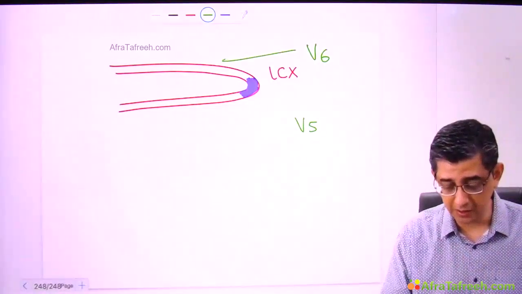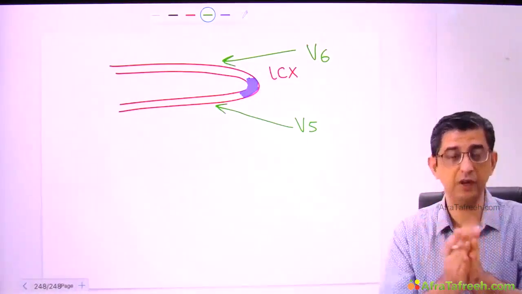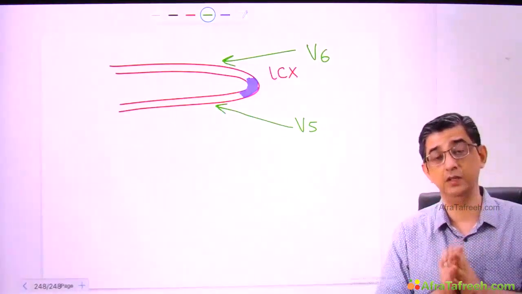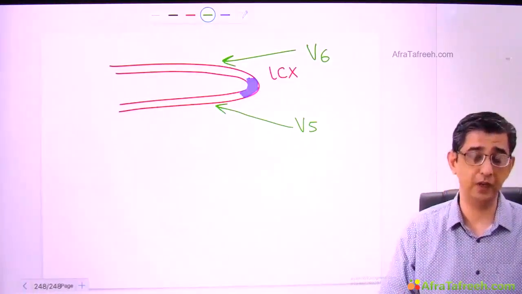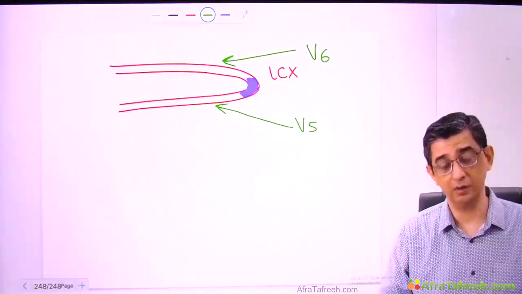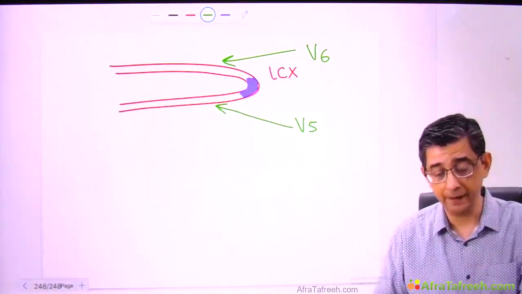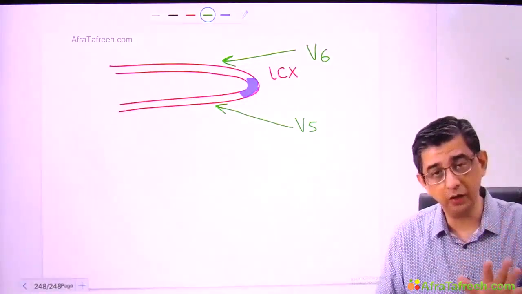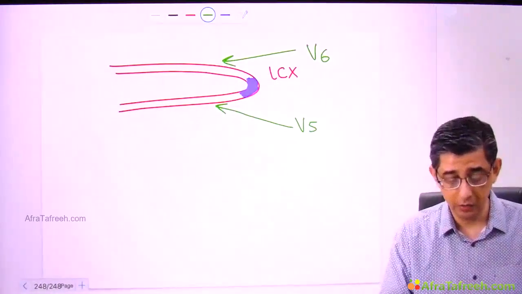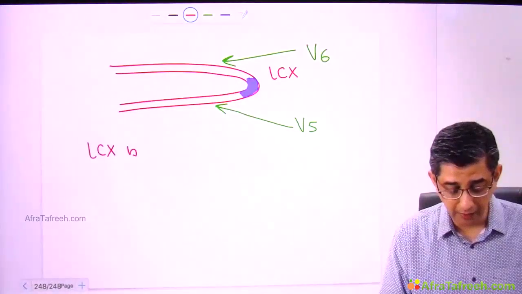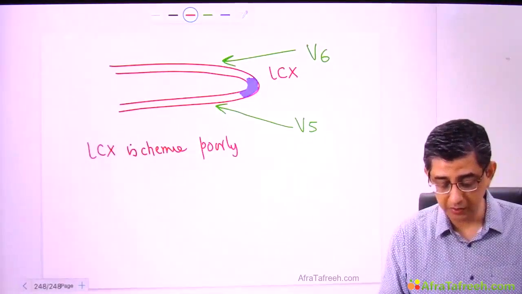I mean, V5, V6 can scan the entire coronary artery. The LCX circumference can be scanned, but this area which I've highlighted, where the artery is taking a curvature, this part may not be actually evaluated by V5, V6, and therefore, in spite of the thrombus present there, and there would be substantial necrosis also occurring in the muscle, the findings may be missed by the electrodes. The problem is not that there is no elevation occurring. The current of injury is occurring, but you are not able to pick it up because of the limitation of your technology. So I want you to remember this statement, that left circumflex artery ischemia is poorly localized by ECG.